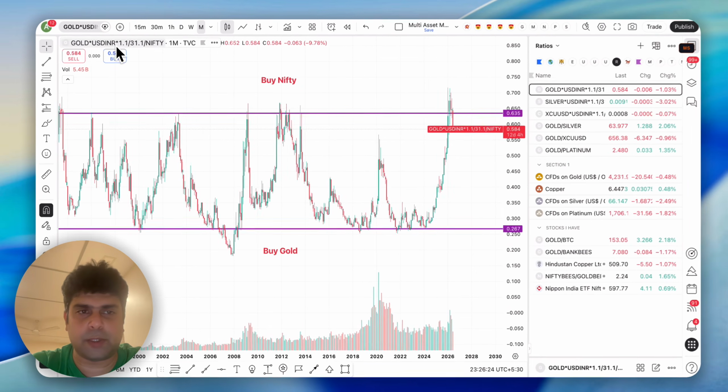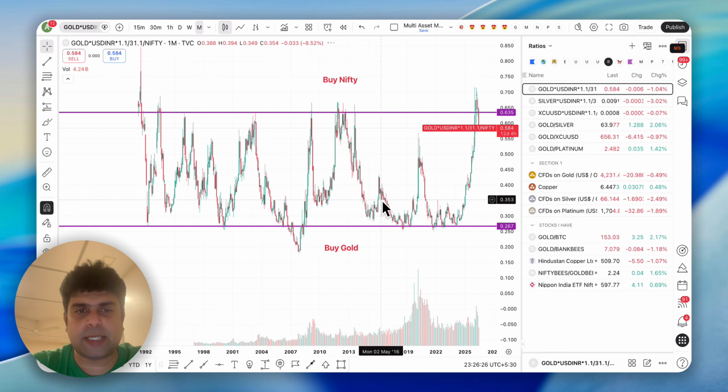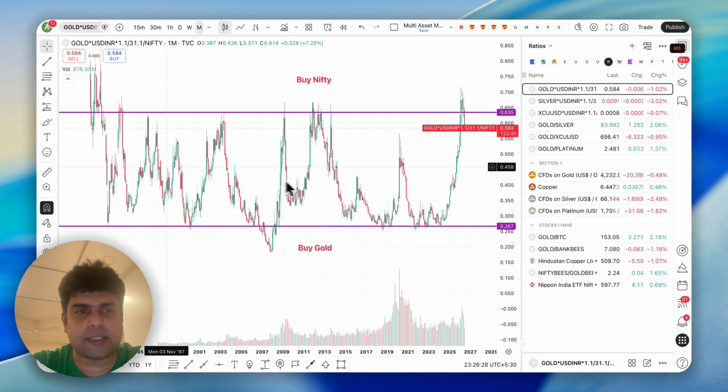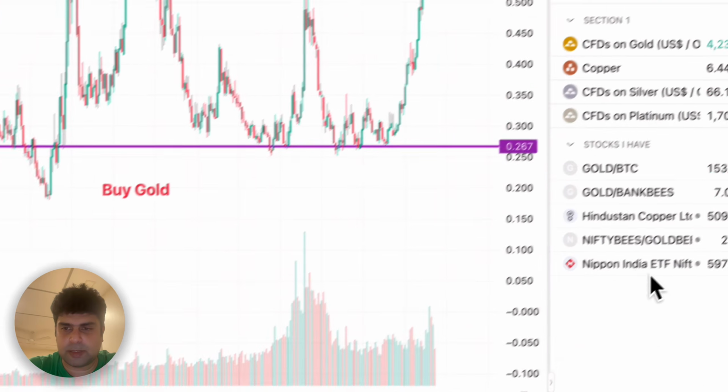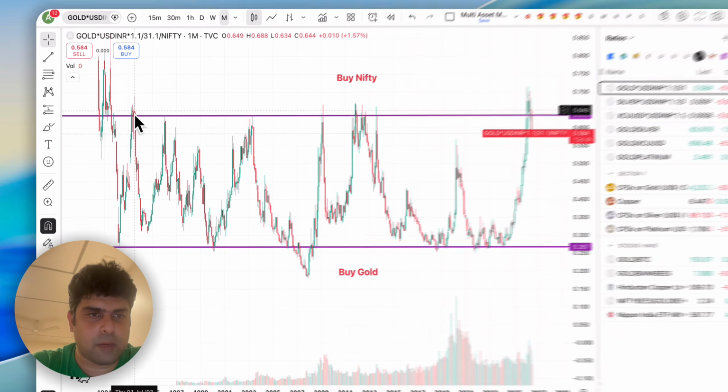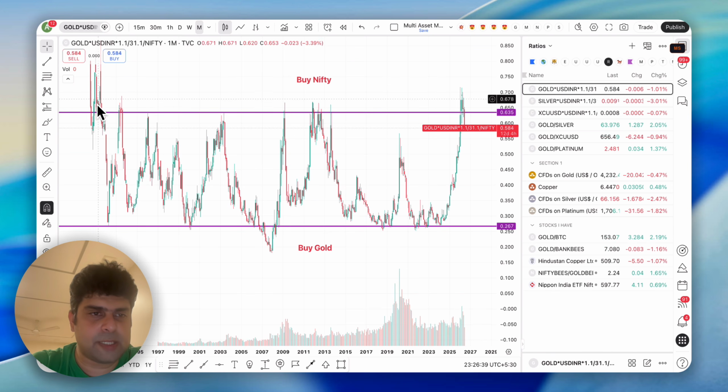You can see the formula that's been put here, and you can see this is not a recent trend. This has been going on since ages. If you see here, the first time it went up, from this side to reach the opposite side, it took about two years, from 1st of September 1990 to 1992. In 1992, it hit the other side. It was time to buy gold.